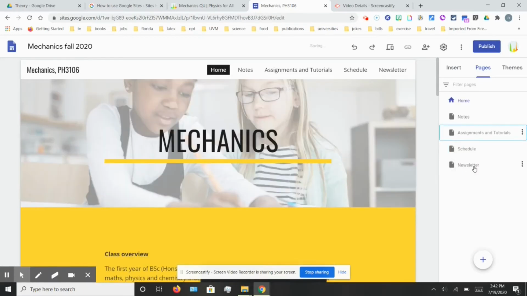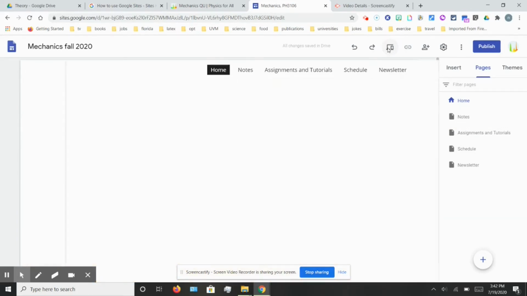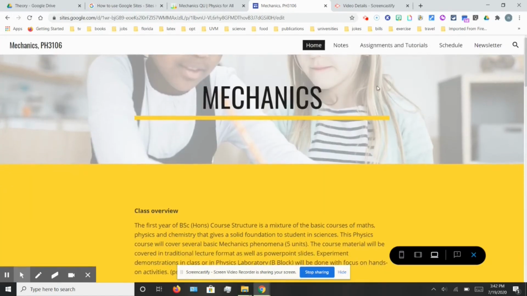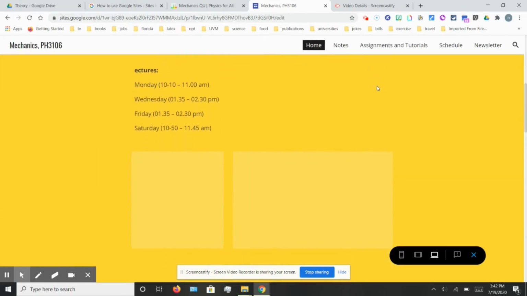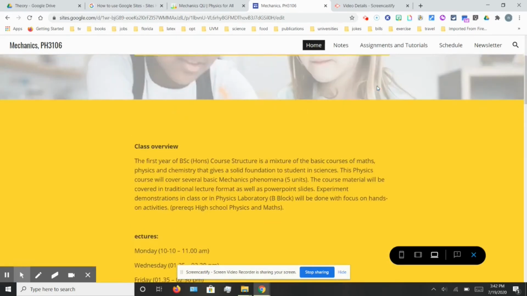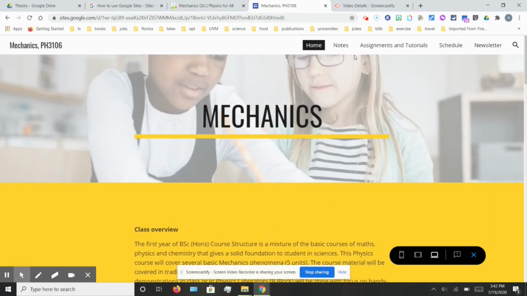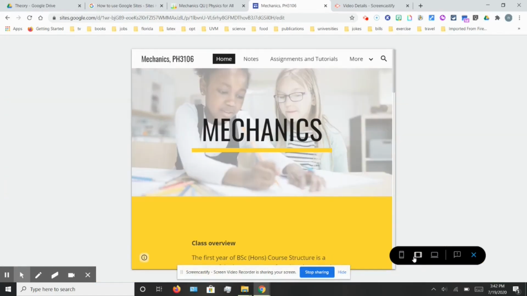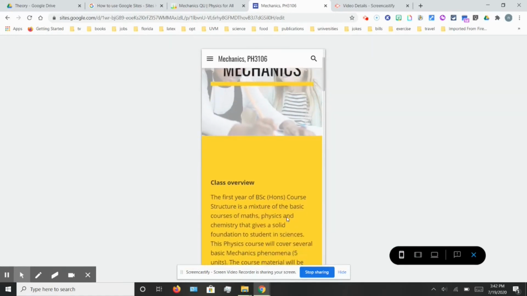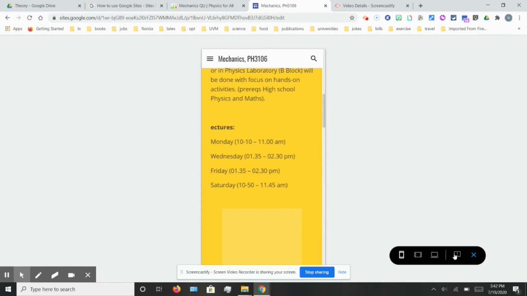At this point, if you're wondering how the website looks, you can hit this preview button here, and that will actually show you how your website is going to look once you get it published. As you can see, the content is already there, and it looks pretty good. You can see the pages that you have created appear here on the top right hand corner in a very nice manner for accessibility. If you want to see how the website looks on a tablet, you can click the tablet option, or you can click the phone option, and this is how the website is going to look for a student. Okay, so let's exit this preview.